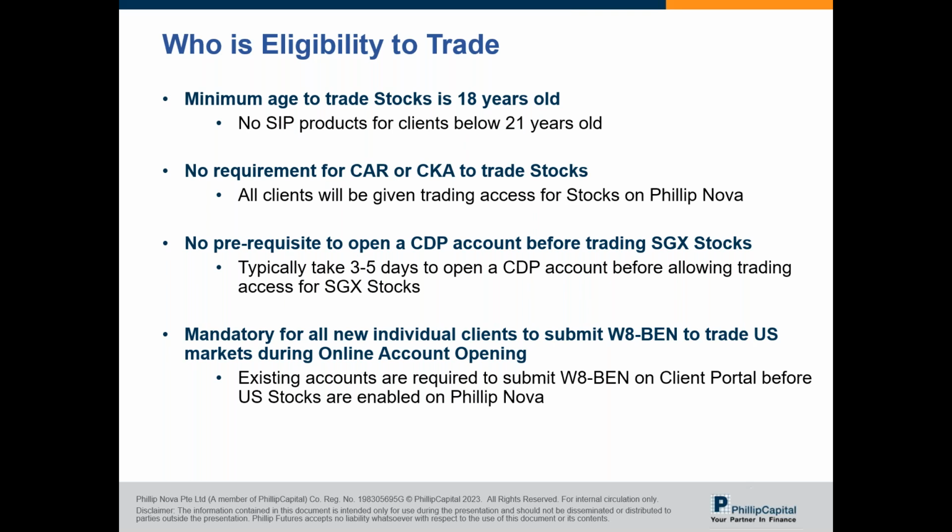Okay, the Phillip Nova platform is a multi-asset platform to trade stocks and ETFs as well as futures contracts. The minimum age for stocks is 18 years old, for futures is 21 years old. So if you are a student or relatively young, you are able to open the stocks account for free, even for any other investors. There's no requirement for CRCK by the MAS regulations. You can trade in